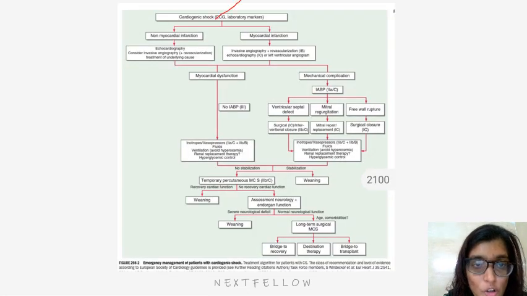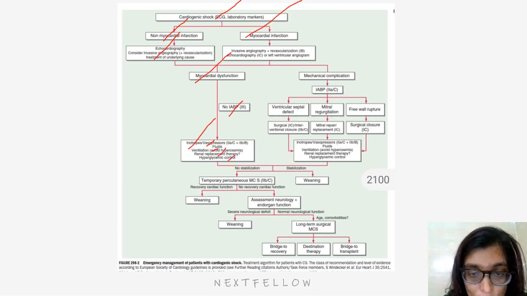So cardiogenic shock can be non-MI and MI. In MI, you will do an echo, consider invasive angiography, and treatment of the underlying cause. If there is myocardial dysfunction and no IVP is required, you can do vasopressors, fluids, vasodilatation, renal replacement therapy and hyperglycemic control. If the patient is not stabilized, you will do temporary percutaneous